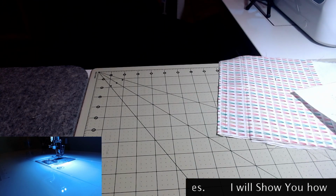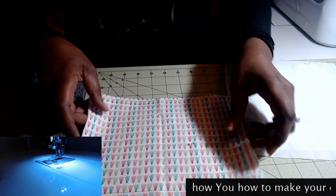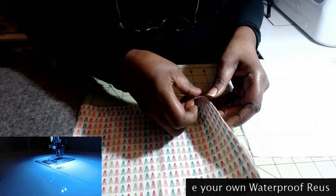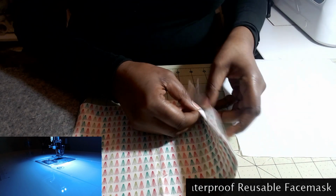So let's tidy up some of these. Okay, put that one away. So this is the pattern I use for my niece. So let me put my glasses on. You need 2 pieces of fabric,